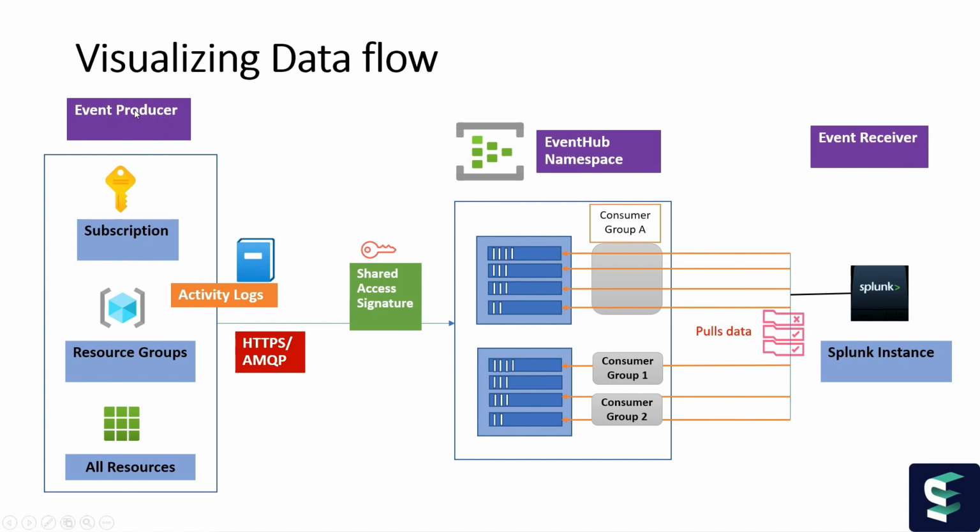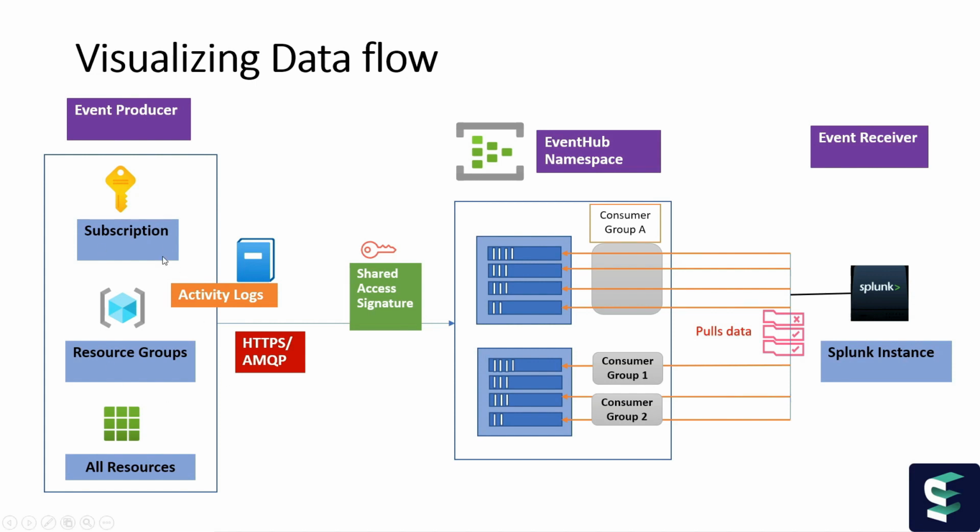So I have tried my best to map the Azure Event Hub architecture while visualizing data. As you see, under the event producer, you can have any Azure services, but in this case, since I'm trying to pull the activity logs, you can have the activity log either at subscription level or resource group level or specific resource level, from wherever you want. For example, if you want to pull the data from critical servers, in that case you can mention the specific resources from which you want to pull the data, right?